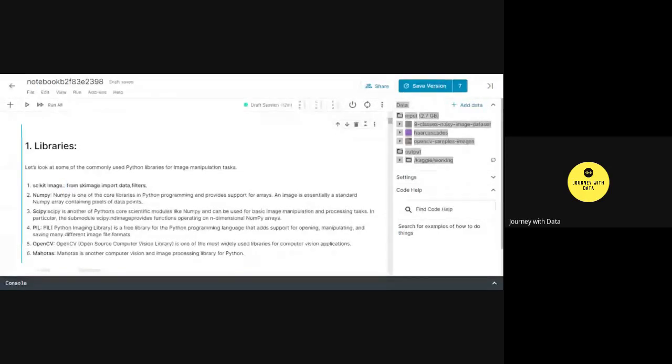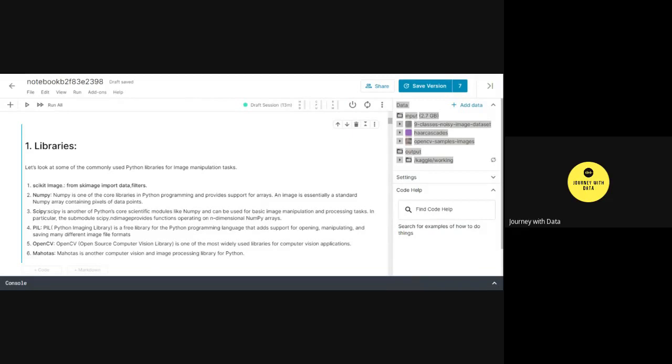NumPy is a library which is basically used for manipulation with arrays. So whenever you have to do any kind of array manipulation, NumPy is the best choice. And the reason we've written it in this image processing section is because an image is nothing but a stack of arrays. It's nothing but the pixels, which are nothing but an array, the combination. So that's why we can process it using NumPy as well.